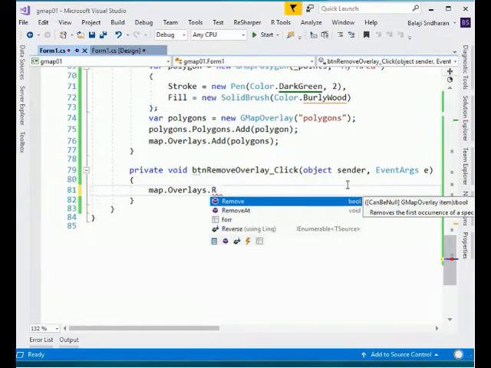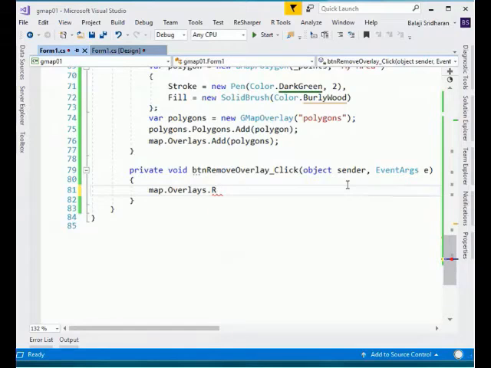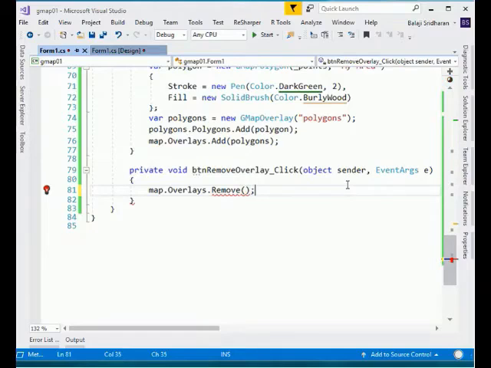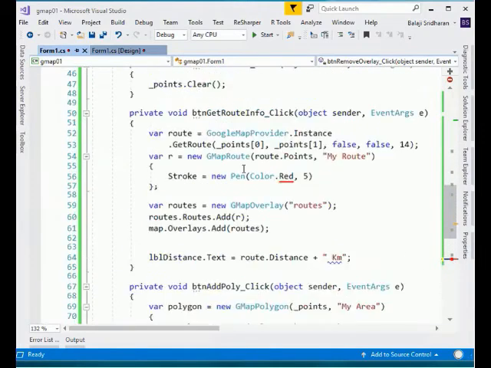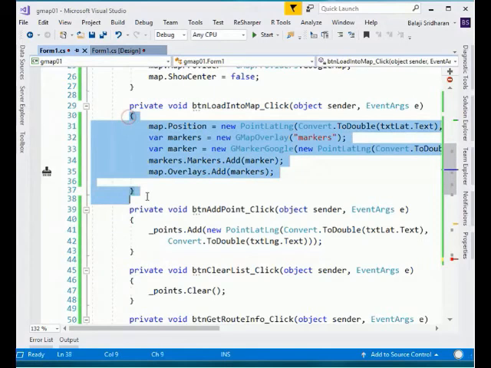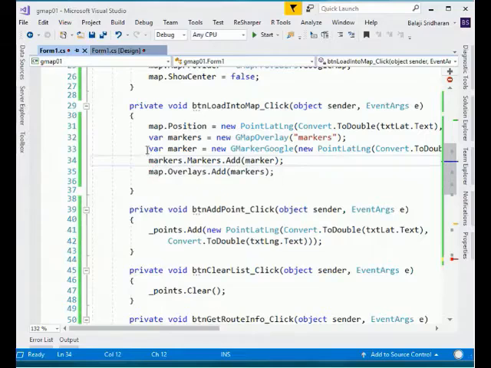For example, if I want to delete the overlay of our marker, I need the reference of that marker, but here we are creating all our overlays within the scope of this function, so that is not available. So for example, I am moving the reference of my markers overlay to global.